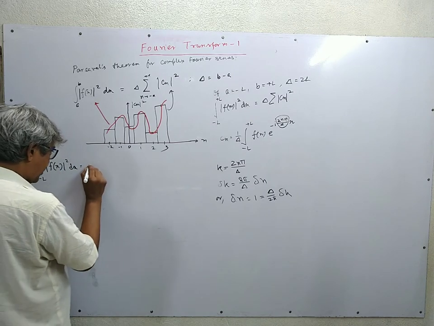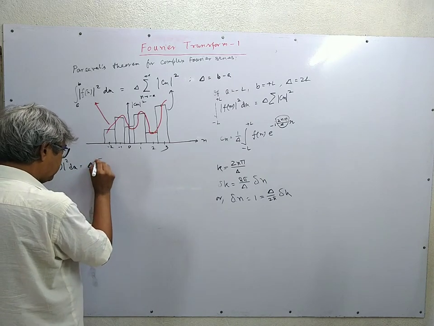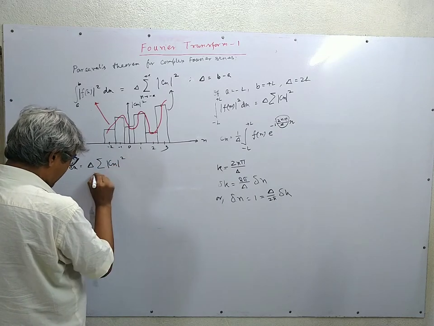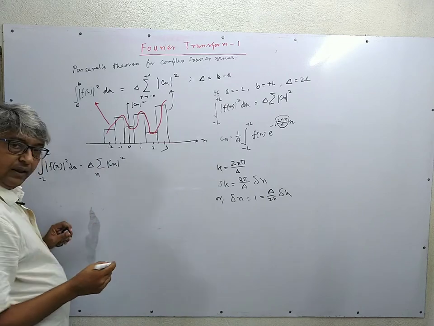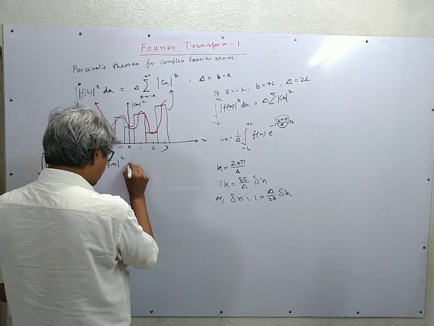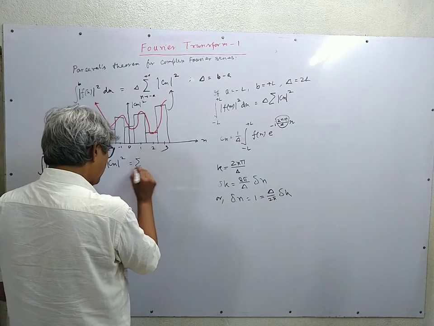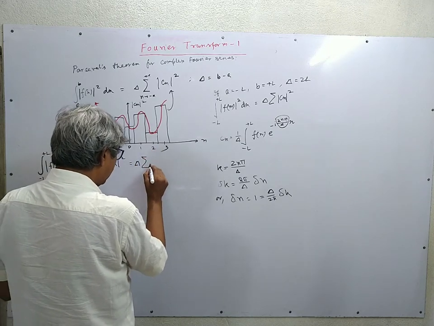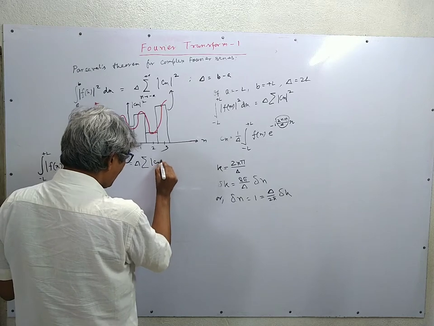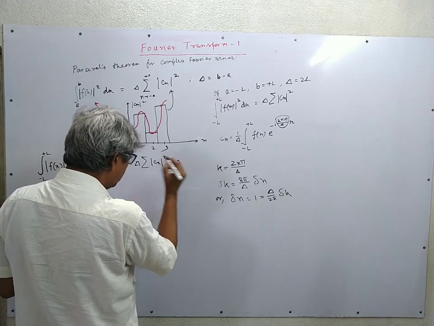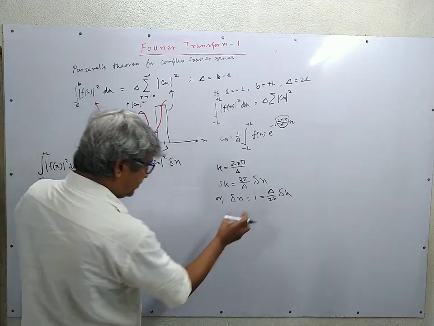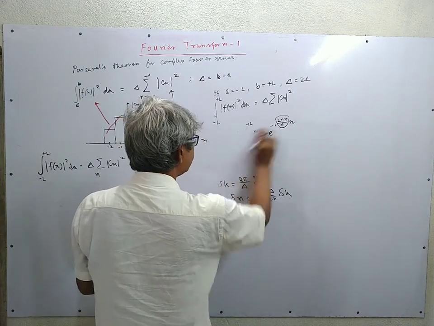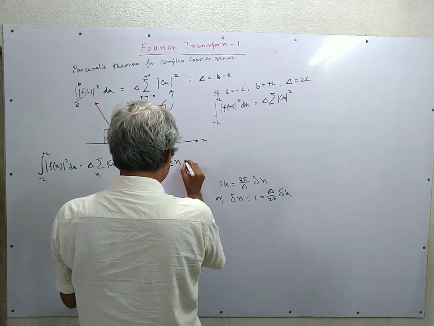On the right hand side we will have delta times Cn modulus square, sum over n from minus infinity to plus infinity is implied. Then we multiply each term by 1, that is, now use the expression for delta n as this. So this becomes